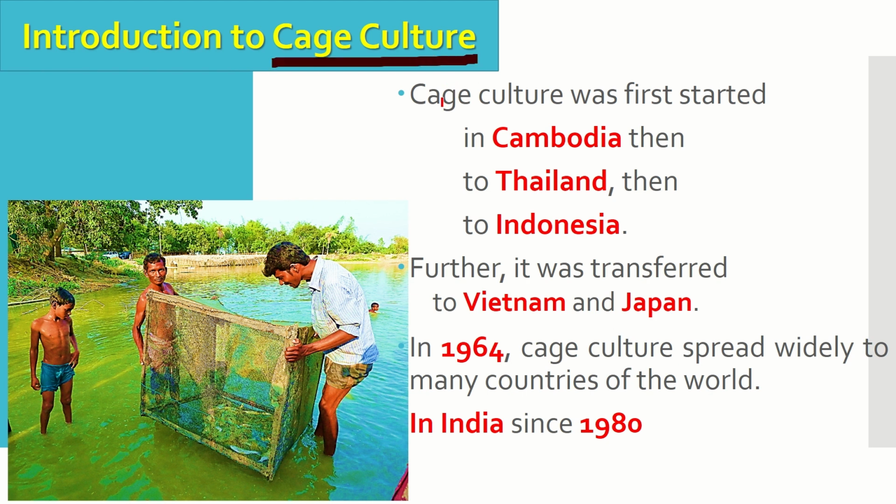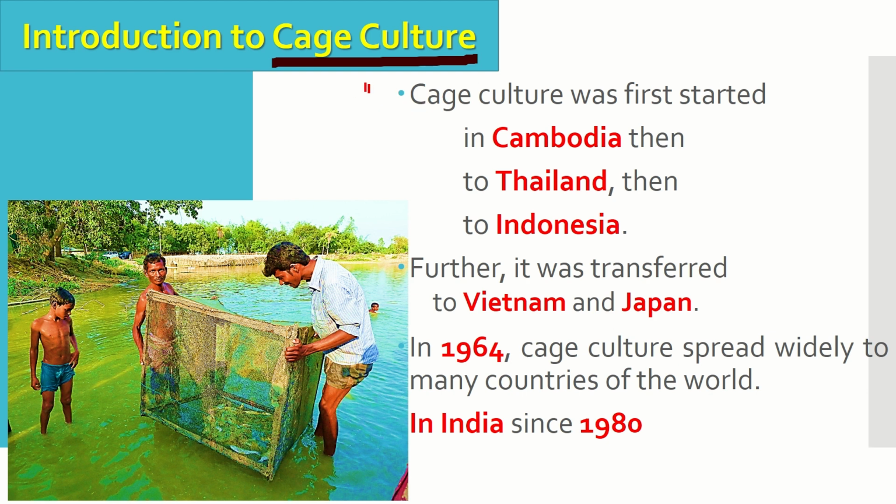In many parts of the world, the only water available is flowing water or large bodies of water where fish culture is impossible, and it is also not possible to divert this water into ponds. So where there is water scarcity in that particular area, or where the water is not in large form, there the cage culture takes place. In this water, therefore, fishes are cultured in small cages.